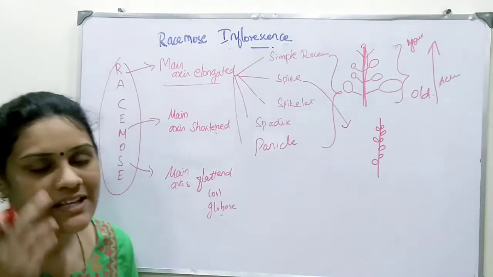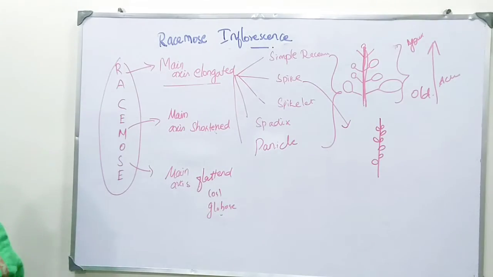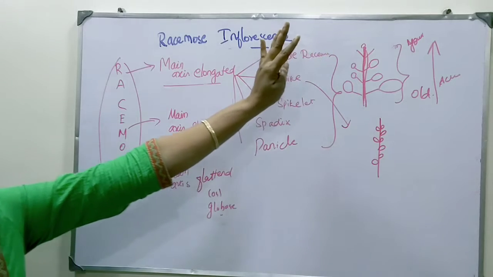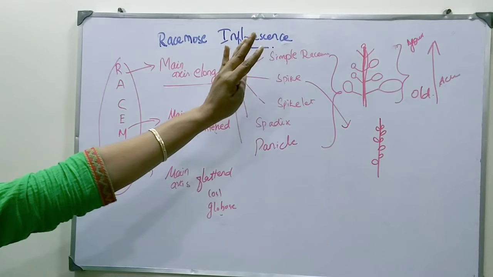Okay, its example is Stachypratha. This is about your spike. Next I am coming to the spikelets. So you are clear with these racemes and spikelets. Okay, spikes and spikelets. Next I am coming to the spikelet.